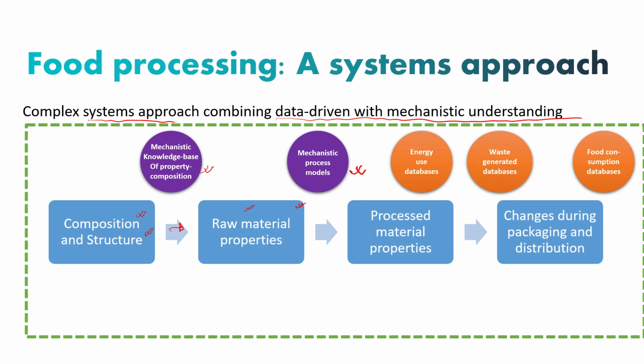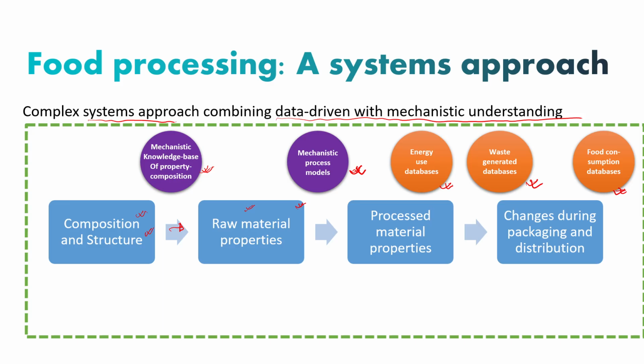It can also simultaneously use energy use databases, and we can combine waste generated databases and food consumption database, and all of these, the mechanistic models that we can build, can be combined with